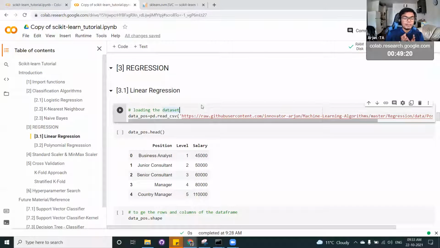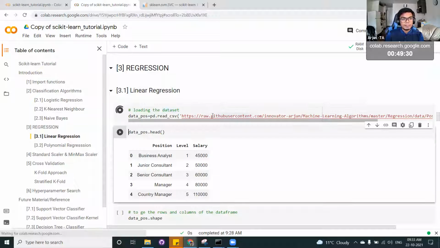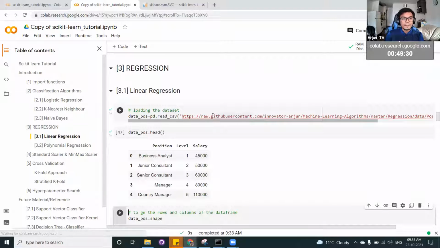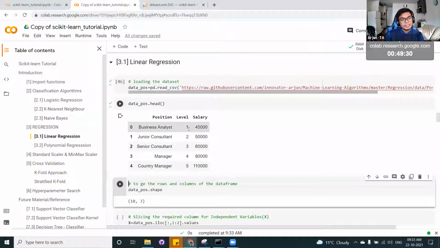So next, till now what we have seen is a classification problem. The next part we are going to see is a regression problem, and we will be importing the data. This is also an interesting problem. Let's say you are a junior consultant at level 2, what will be your salary? If you are a manager, what will be your salary? If you are a country head, or a global head, what will be your salary? So the basic assumption is that as your experience or your title grows, your salary also grows.